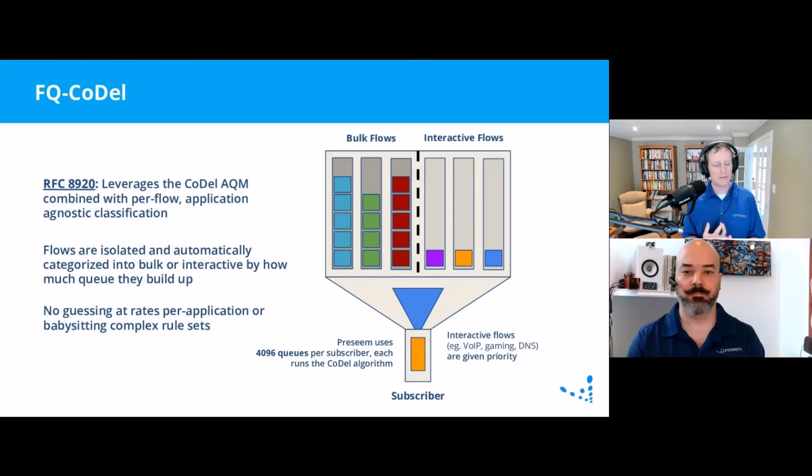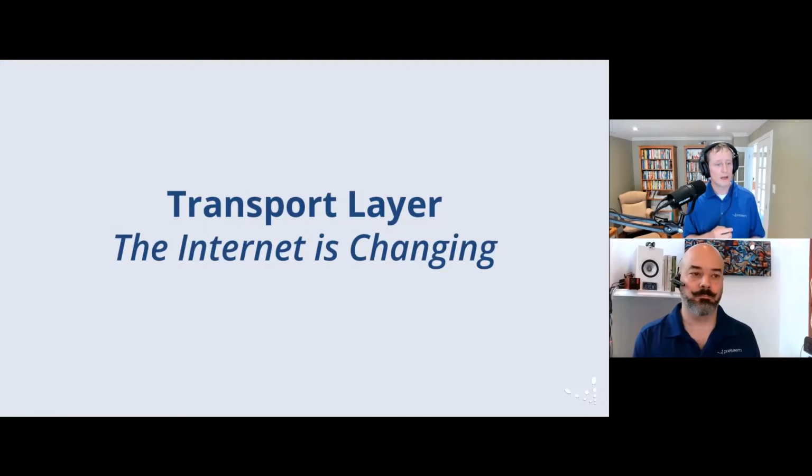There's PIE, another one that came out of the cable world. The same guys behind FQ-CoDel did one that's targeting home gateways called Cake. Some interesting ideas there. Some of them, in my opinion, don't belong in a service provider network, things like the app compression, but there are some really interesting ideas there as well. Okay, so we're going to tie this back now